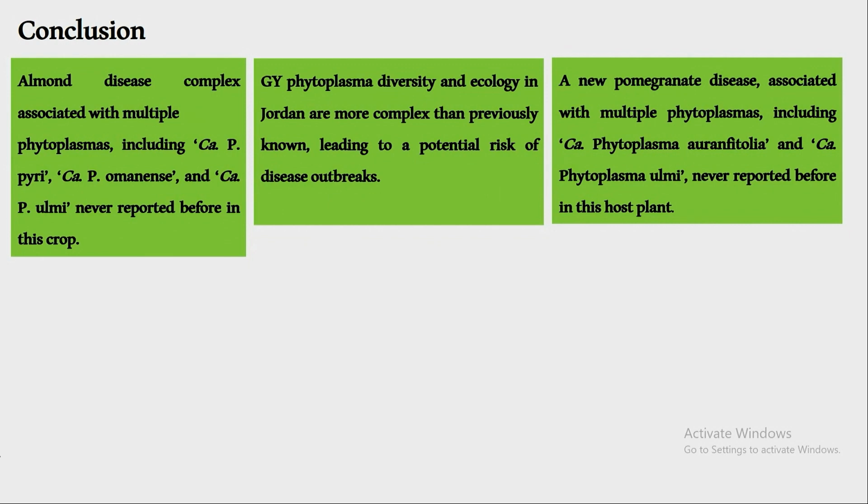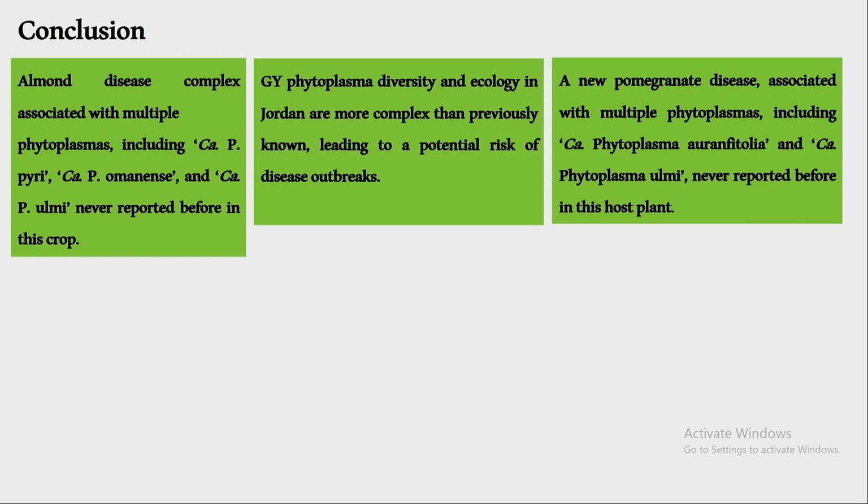Before I conclude my study, I want to highlight some of the facts obtained from our studies. Almond disease complex is associated with multiple phytoplasmas, including Candidatus Phytoplasma pyri, omanense, and ulmi, never reported before in these crops. Grape yellows phytoplasma diversity and ecology in Jordan are more complex than previously known, leading to potential risk of disease outbreaks. New pomegranate disease is associated with multiple phytoplasmas, including Candidatus Phytoplasma aurantifolia and ulmi, also never reported in this